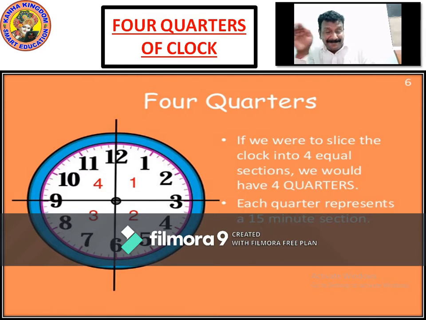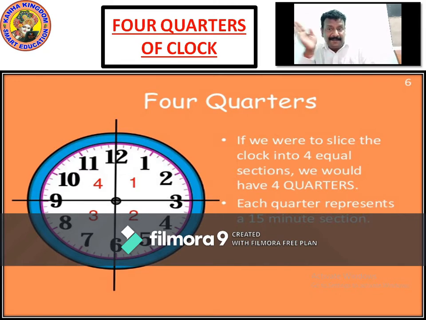If this 6 is divided into 2, like we have divided 12 into 6, we have made 30 minutes here and 30 minutes on the other side. So now let's divide that 30 minutes into 2. When you divide that 30 minutes into 2, it is 15 minutes on both sides. If you make a horizontal line, it divides into 1, 2, 3 and 4.